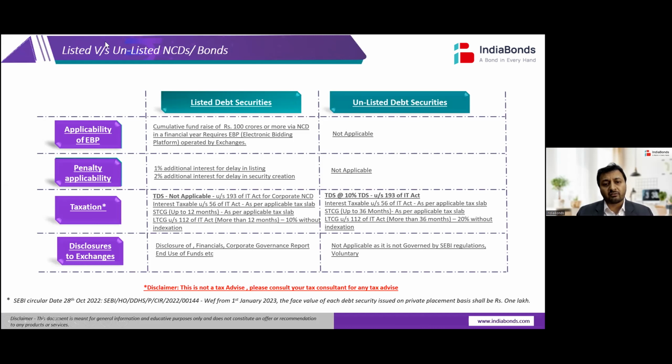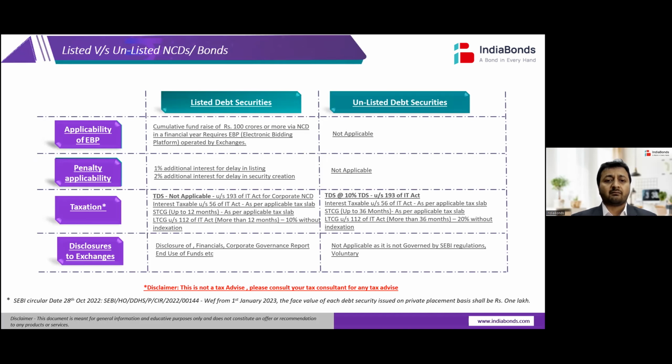Coming to the penalty clause, जब भी एक listed bond issue किया जाता है तो इसका 4 दिन के अंदर listing किया जाता है. That means primary में अगर कोई issue आया है तो within 4 days they need to list it. If there is no listing done, then there is a 1% additional penal that is charged to the issuer, which ensures that listing हो और आपको liquidity मिले. So that is one of the clauses in the listing agreement that is applicable by exchanges and will be penalized to the issuer.